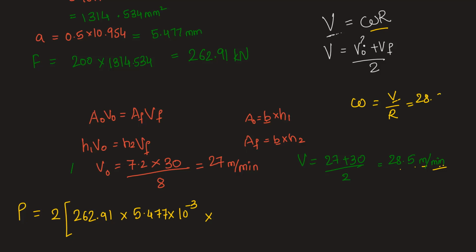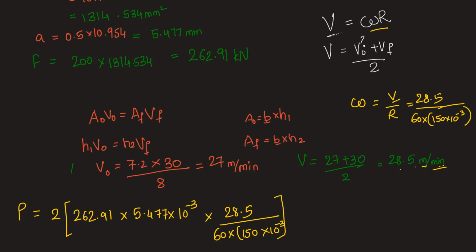So we have 28.5 divided by 60 times, roll radius is 150 millimeters. Convert it to meter, we have 150 times 10 to the power minus 3 in meter. So let's substitute this here, 28.5 divided by 60 times 150 times 10 to the power minus 3. We can also find N and then put it here as 2 pi N by 60 as we wrote earlier. But finding omega is easier. So this, when calculated in a digital calculator, will give us the value of power as 9.119 kilowatt. Remember, we have substituted F in kilonewton and all other units have meter in them. So we'll get the power value directly in kilowatt.